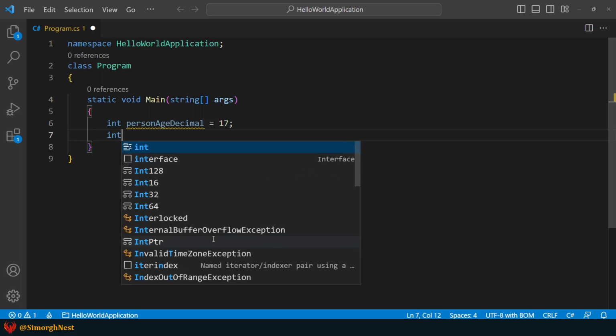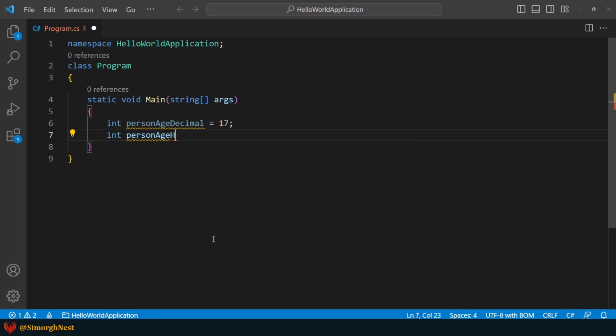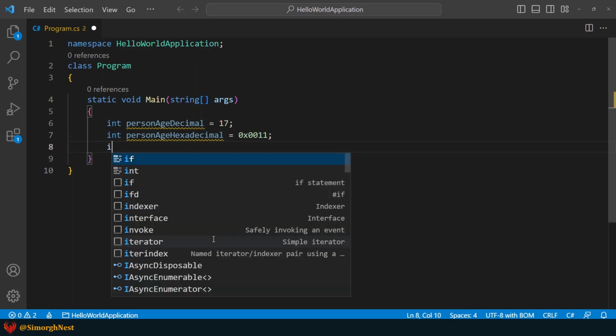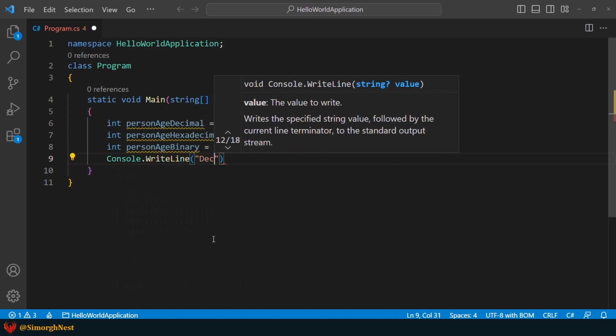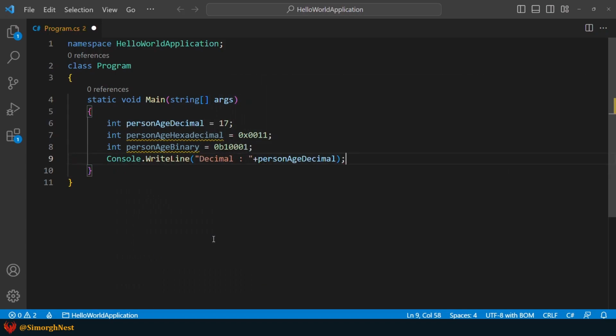Then, int hexadecimal equals 0x0011. And finally, int binary equals 0b10001. Now let's display them in the terminal by the WriteLine method.